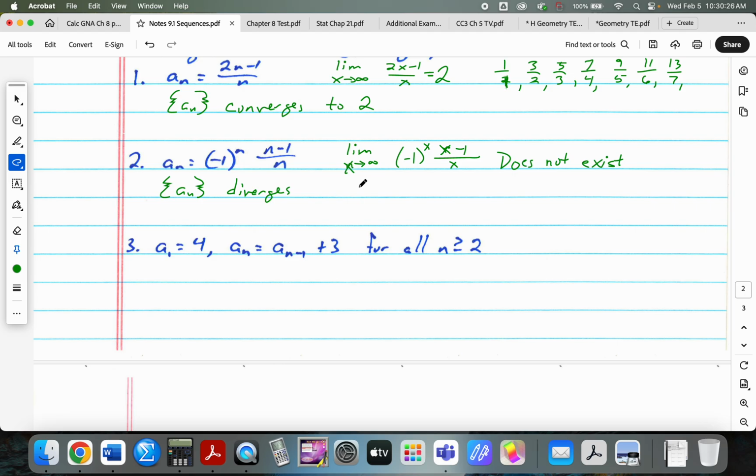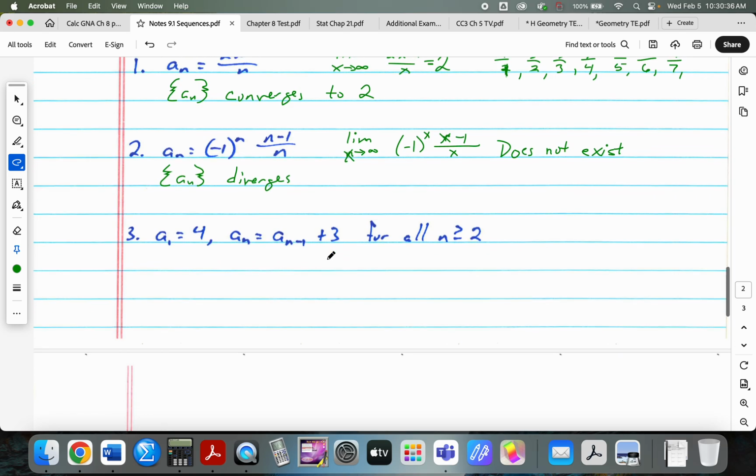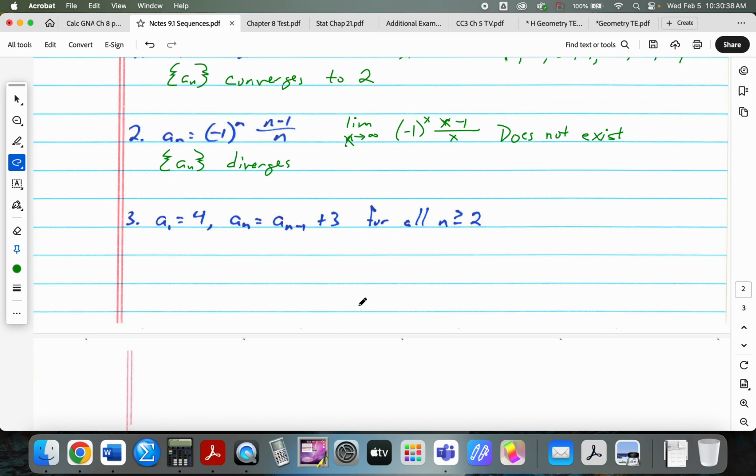All right, so let's take a look at this one. This one they've written in recursive form. And I'm like, okay, why are you bothering to write this in recursive form? It's to make you have to rewrite it in explicit form. So this is